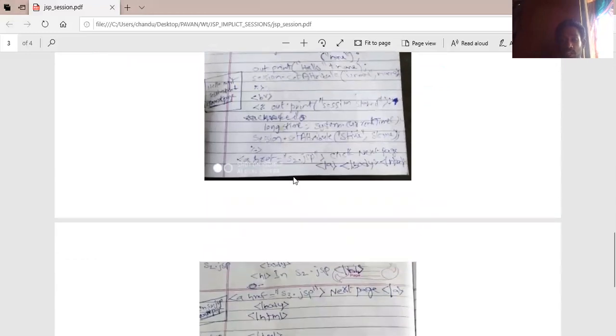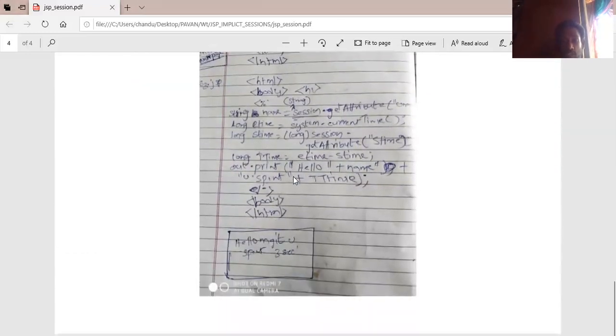We completed cookies, and we can say the differences between cookies and sessions. Cookies are stored in the client side, sessions are stored in the server side. Cookies have a time limit, but there is no time limitation for sessions. These are the two important differences. And one more important difference is that cookies are less secure, sessions are secure, because sessions are stored in the server side.